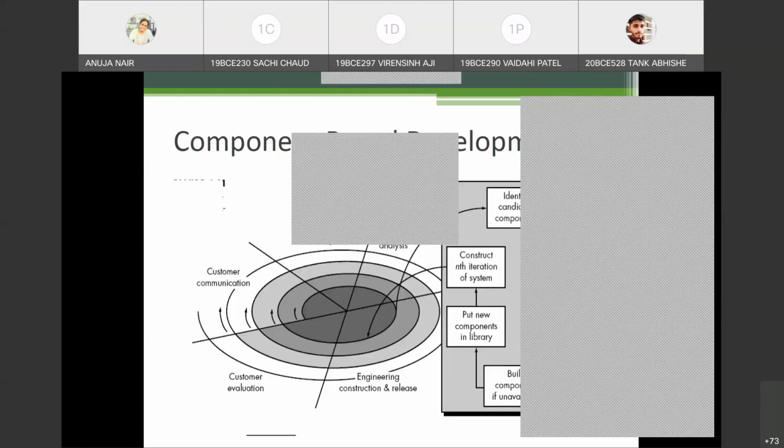In RAD you specifically have to use it because my development time is less, so we reuse the components, right? Reusability is required over there because I don't want to waste my time writing the same code again. So that's why it is required in RAD model. But it's not that you cannot use it with other models. If you have the components available, you can use them in other models as well.